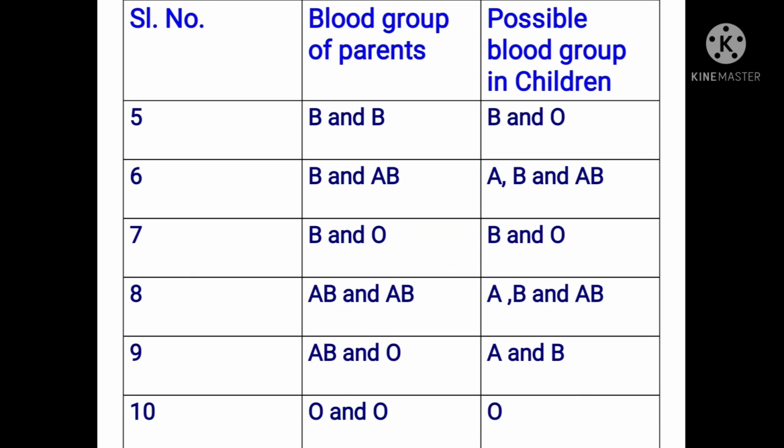Blood group of parents B and AB, possible blood group in children A, B and AB. Blood group of parents B and O, possible blood group in children B and O. Blood group of parents AB and AB, possible blood group in children A, B and AB. Blood group of parents AB and O, possible blood group in children A and B. Blood group of parents O and O, possible blood group in